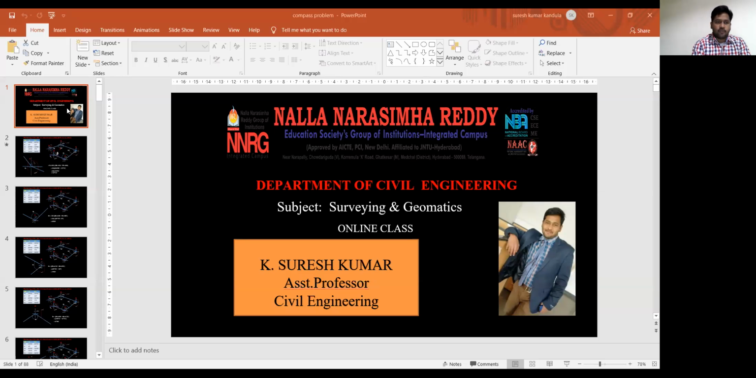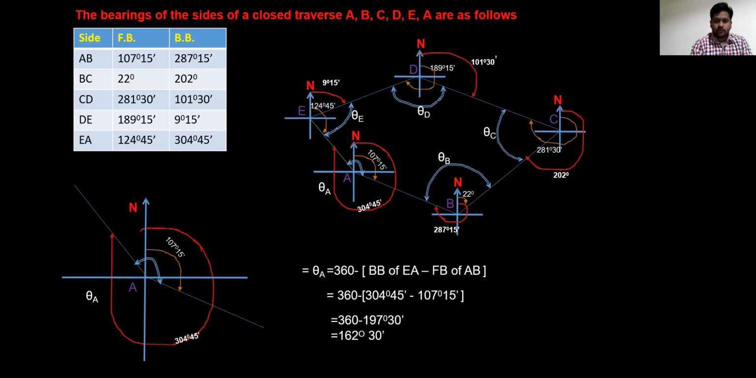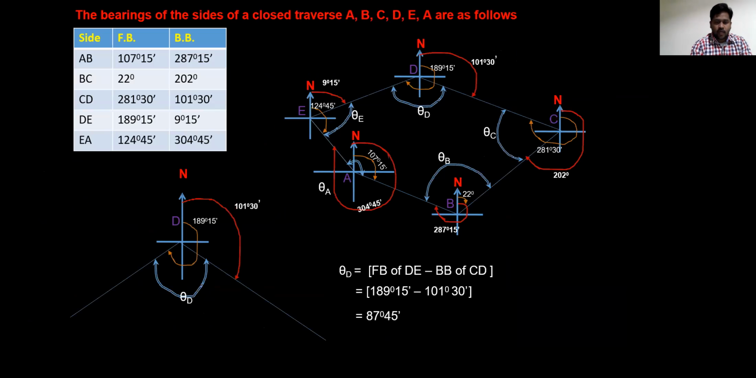As a continuation of my previous class, where we are discussing how to calculate included angles. In the previous class, we calculated included angles up to theta C. As a continuation of that, I am explaining here how to calculate the included angle at station D. If you want to calculate an angle or included angle at station D,